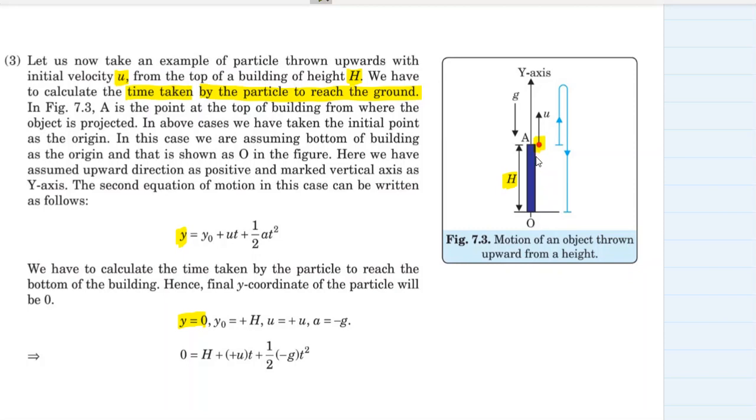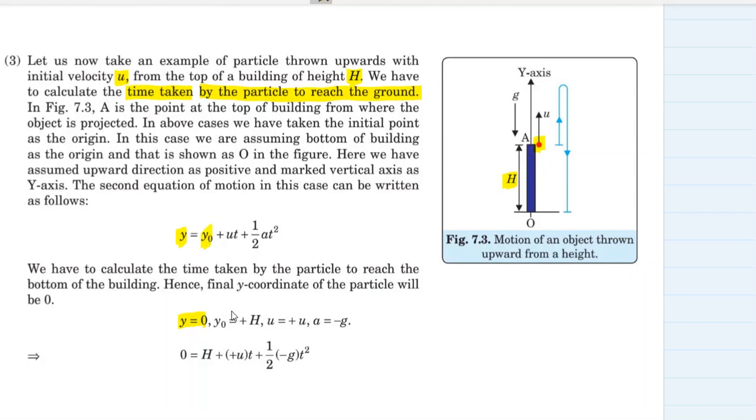See, if the particle is thrown from this height, we are not concerned only with this height. We are concerned with the motion of the particle and its final destination, that is the ground. Okay, so the final destination is the ground. If we consider that the particle was thrown from the ground itself, then the displacement would have been 0. The only advantage we have is that the particle is thrown from a building of height h. That can be added to our problem. So this we have added over here.